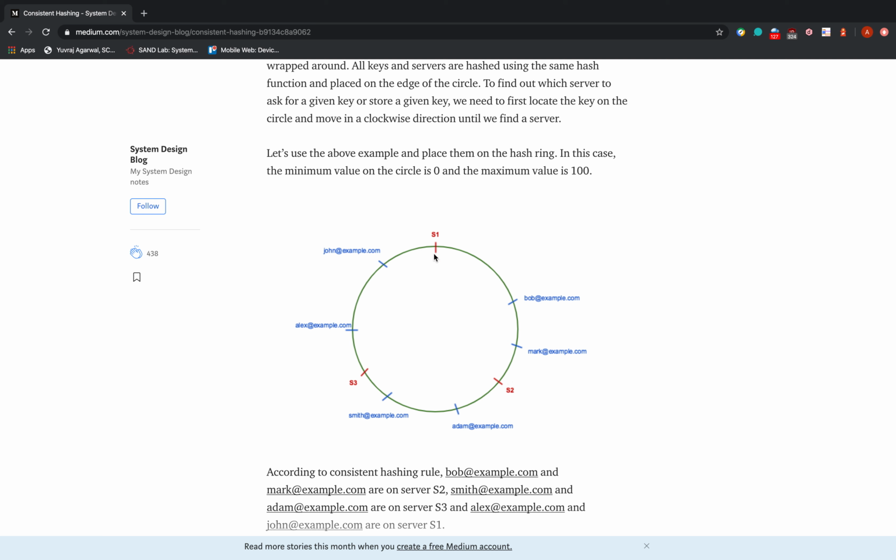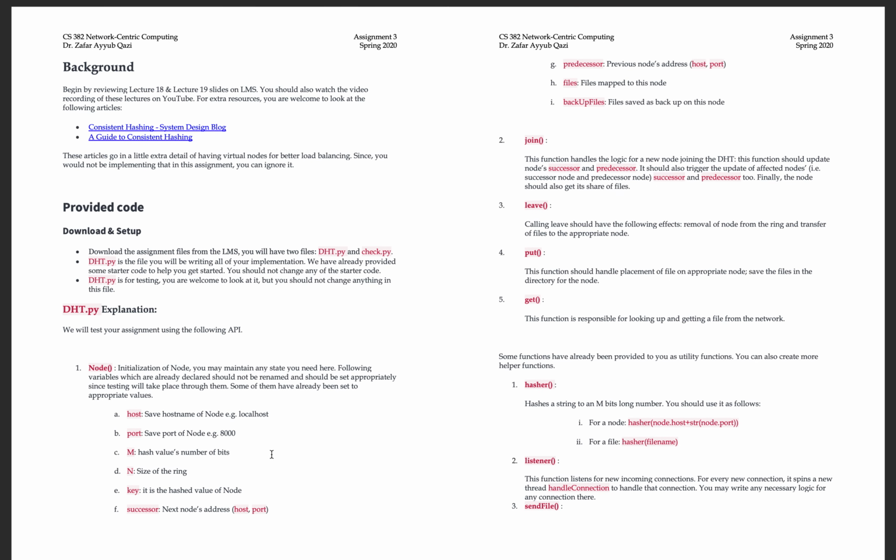For example, for s1 the immediate node in the clockwise direction is s2, so we'll store a pointer to s2, and predecessor is the node right behind it, so the first node in the anti-clockwise direction. For s1 this would be s3. So on initialization of a node you store these two pointers: the next node's address, its host and port, and the predecessor.